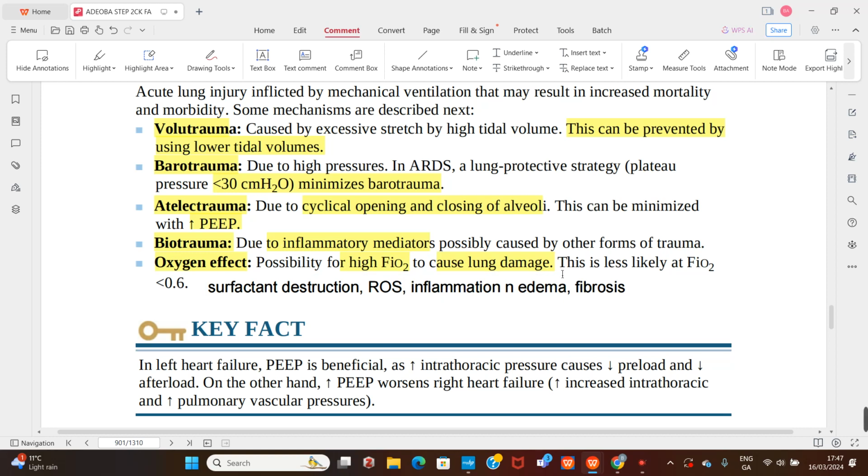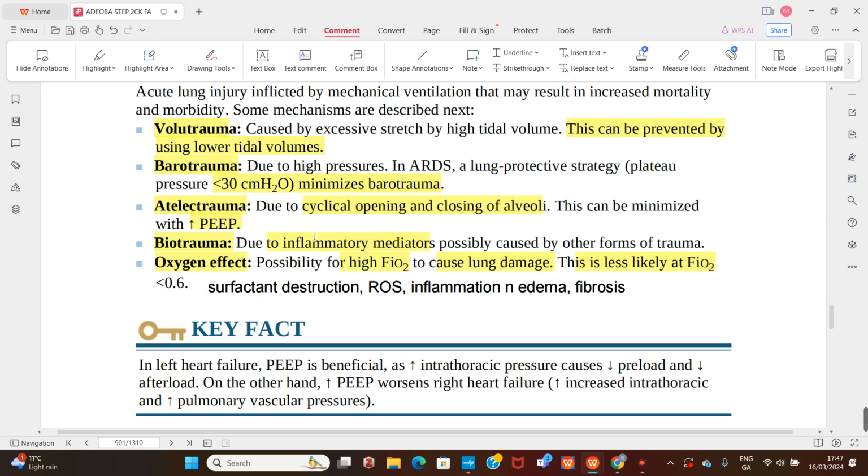Yeah. So, and this is very less likely when the FiO2 is less than 0.6. Too much oxygen washes out the surfactant and generates free radicals, which can lead to inflammation, edema, and eventual fibrosis of the lungs. So you don't want that. You don't want volutrauma, you don't want barotrauma, atelectrauma, oxygen effect. There's a last one that is called